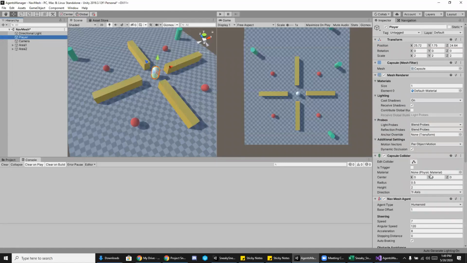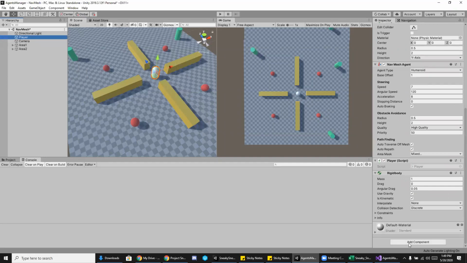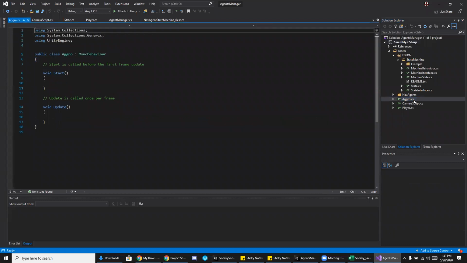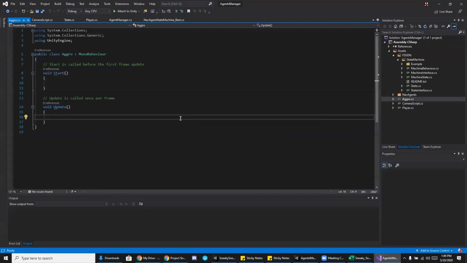So we'll be on our player, and we could keep this as a separate script. We could add a new script for this, and we'll just simply call this aggro. So our aggro script will need to do a couple of things, and I already kind of mucked that up because I didn't want to put it directly on our player. I was going to make a child object, but